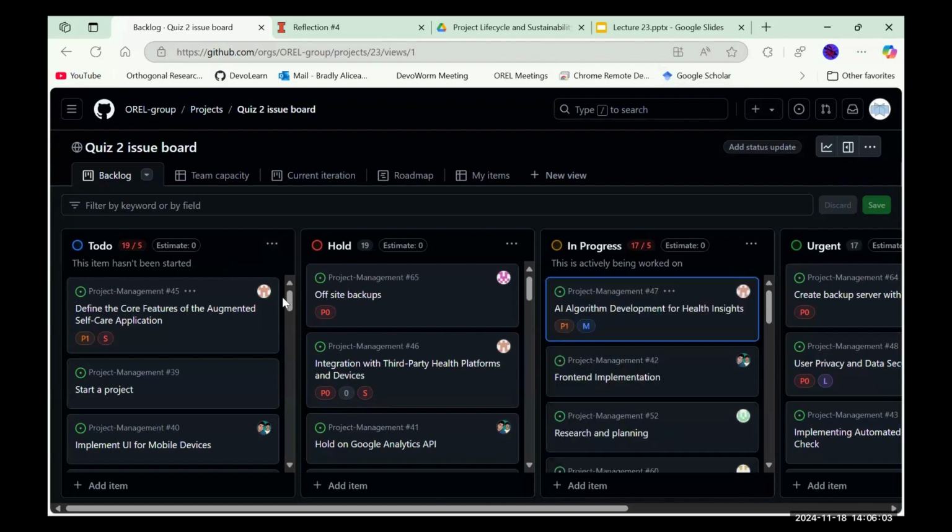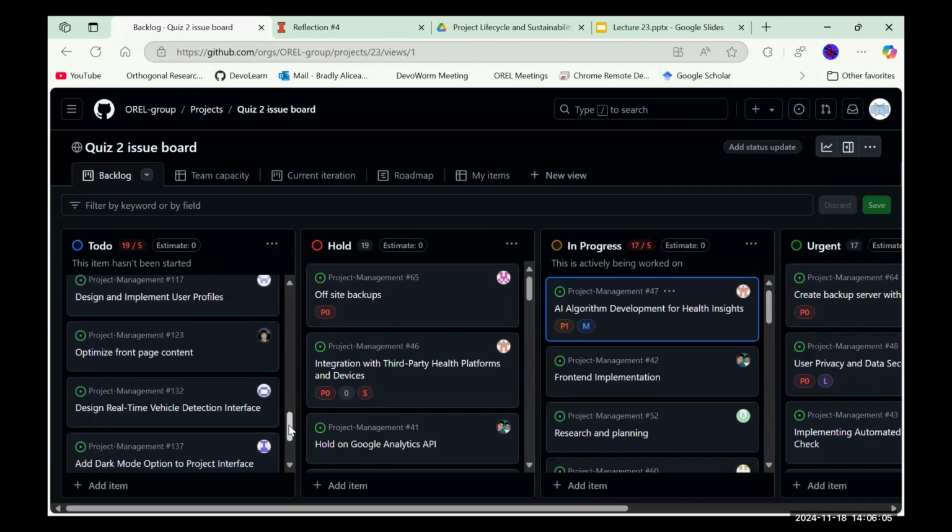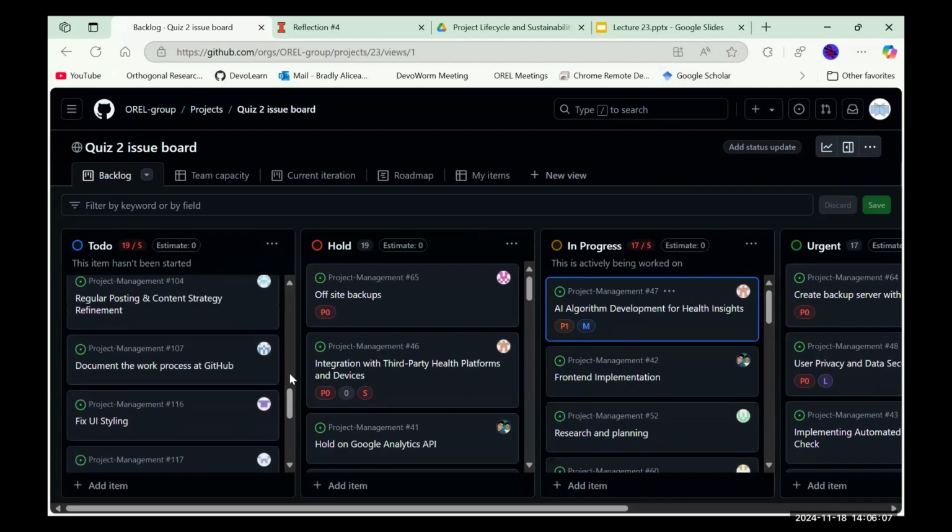You can see for each category, we have many, many issues. They're all assigned to different people, because those are the issues people have put on the board for their project. I think most people in the class have contributed to the board so far, and I've graded those. So we have different issues in different categories. We start on the left with to-do, which has a lot of interesting types of issues.